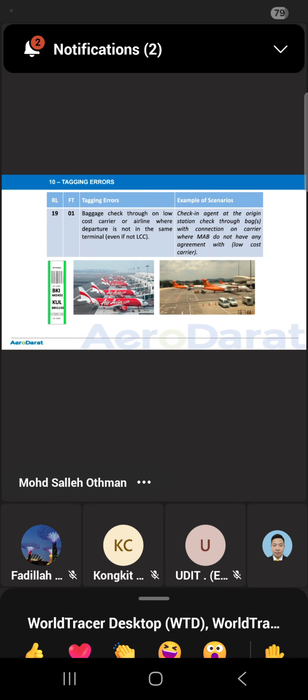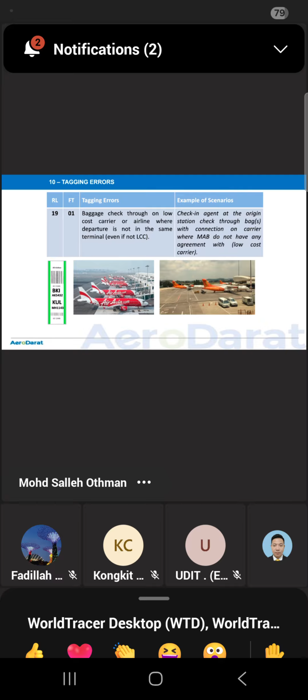So make sure we know. Sometimes in Singapore they also have a few low cost carriers. I have come across cases where they checked the luggage through to Singapore with an airline departing at KLIA too. Sometimes we go to Europe, we check the luggage straight to London, but the flight is operating at different airports, or the flight is a low cost carrier. So make sure checking staff, you have to know. AirAsia is a low cost carrier at KLIA, so for such flights you have to collect.